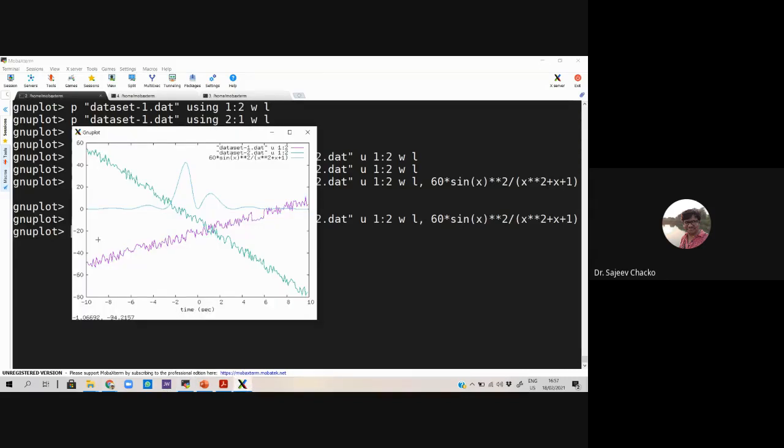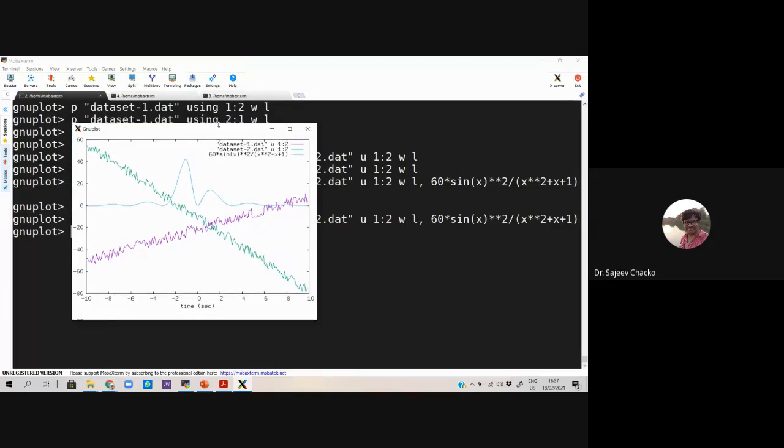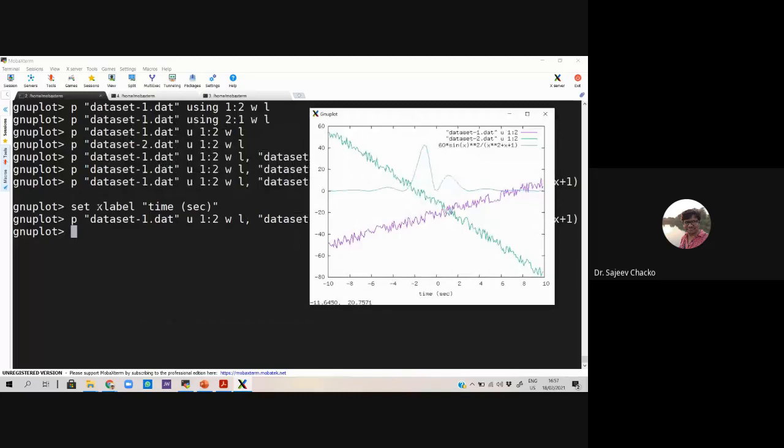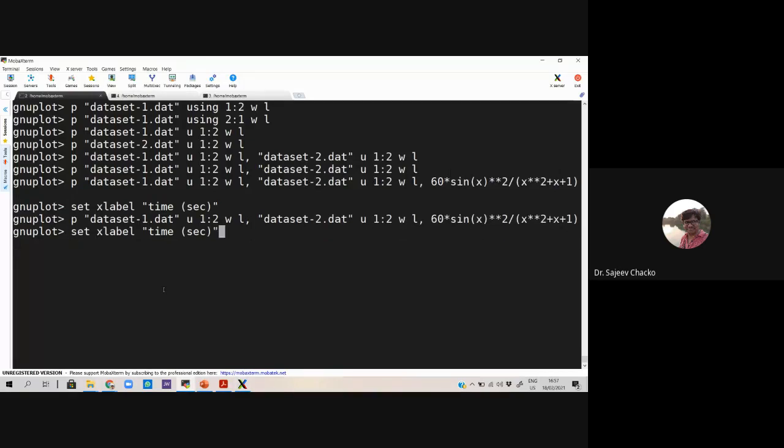Similarly, I can do the labeling for the y-axis, ylabel, and I can say ylabel intensity, arbitrary units.